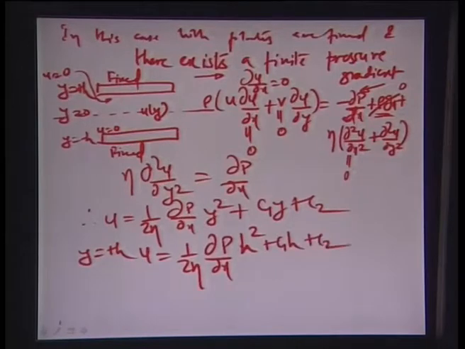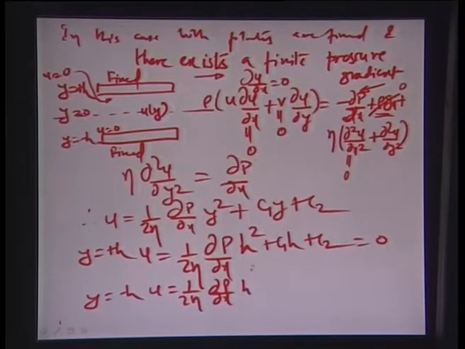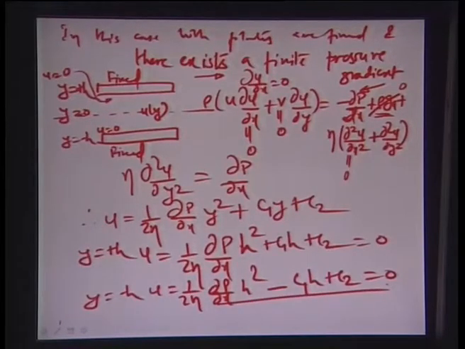c1 h plus c2, and that is 0. And at y equal to minus h, u becomes 1 by 2 eta del p by del x h square minus c1 h plus c2, which is also equal to 0. Okay. So,